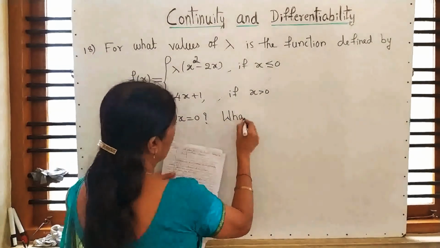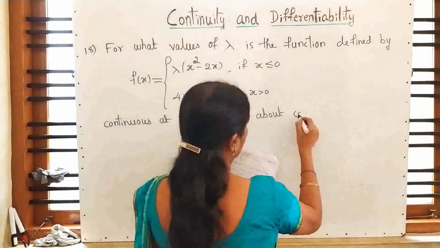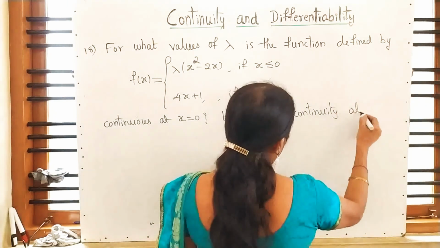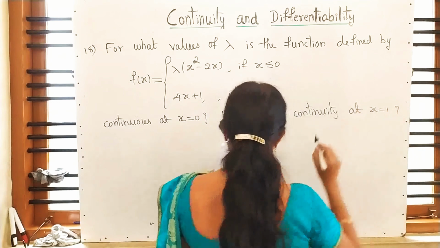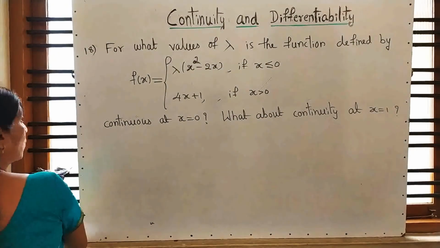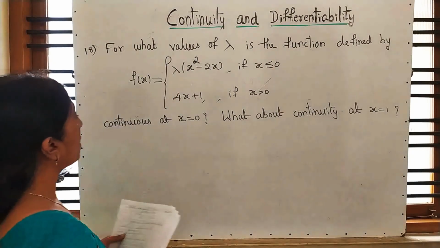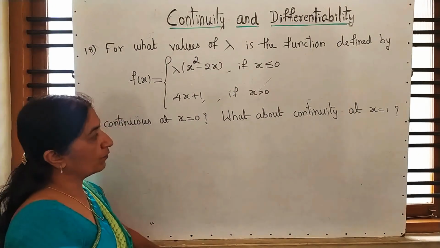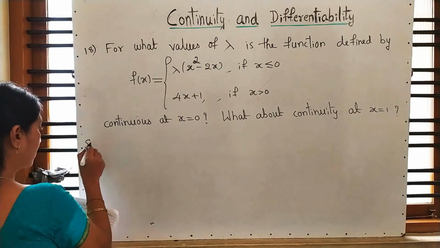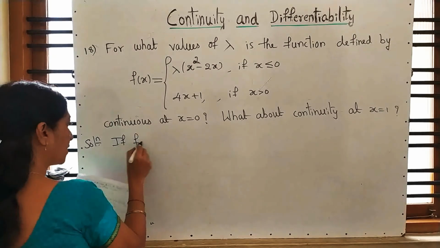What about continuity at x is equal to 1? See, read the question again thoroughly. For what values of lambda is the function defined by this continuous at x is equal to 0? What about continuity at x is equal to 1? See the solution. Let us think the function is continuous. Suppose f is continuous,